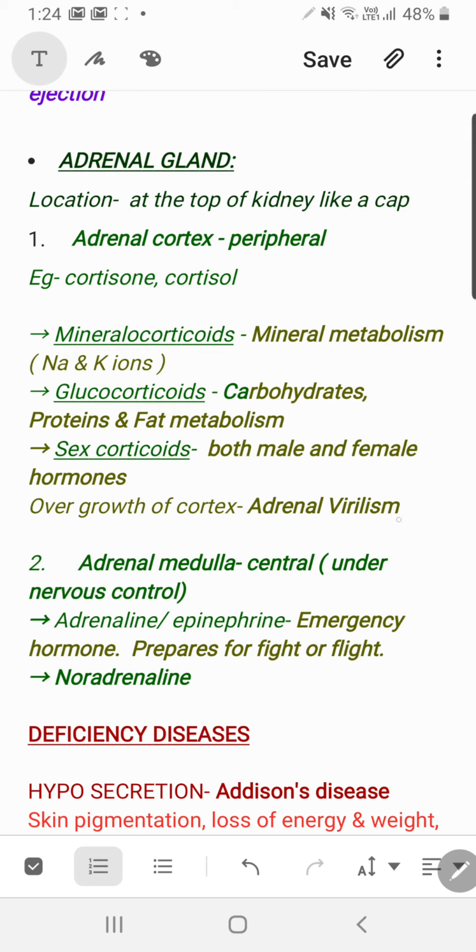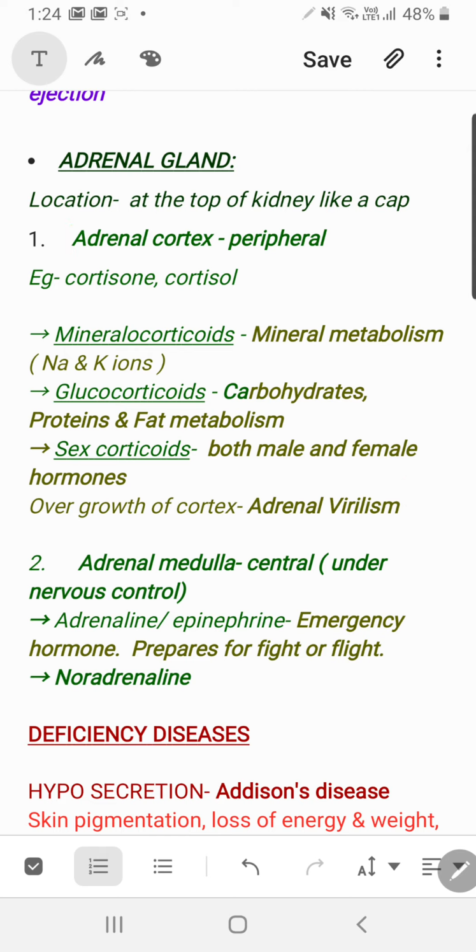When the cortex overgrows, suppose there is a female which has an adrenal gland, and the adrenal will be secreting, say, testosterone and estrogen both. If she is a female, estrogen will be having the positive impact, but testosterone, being a male hormone, would be having a negative impact. So negligible concentrations can be adjusted by the female, because already the female hormones are in higher concentration. But if male hormone starts raising in the blood, if it becomes higher in concentration, it will be